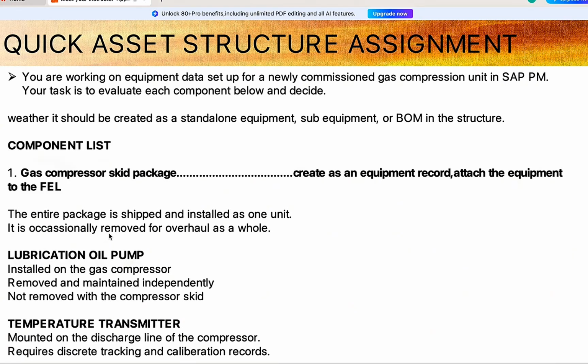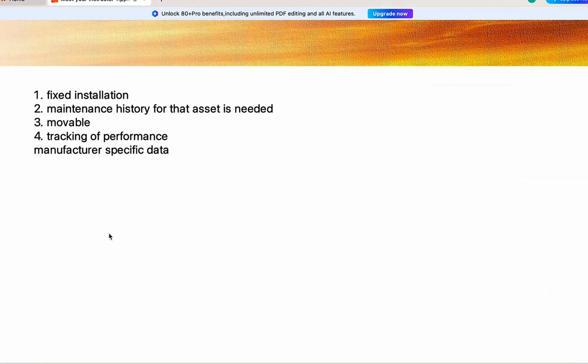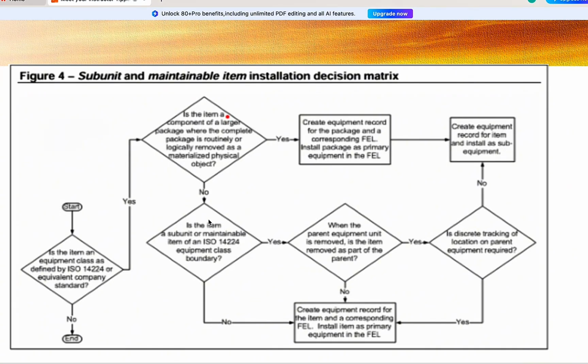So it's not like a larger system has to be taken out before we can see the oil pump. So it's existing as a sub equipment, as an equipment on the line of the gas compressor. The answer is no, and because it's no, we'll ask ourselves the next question: